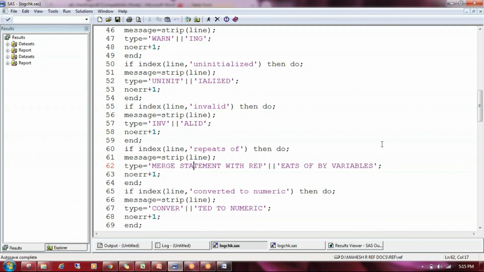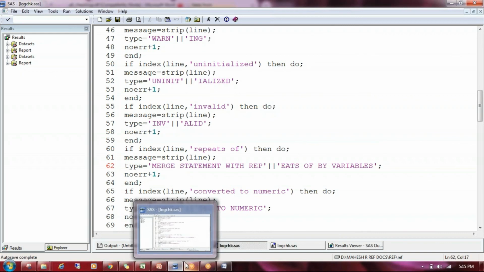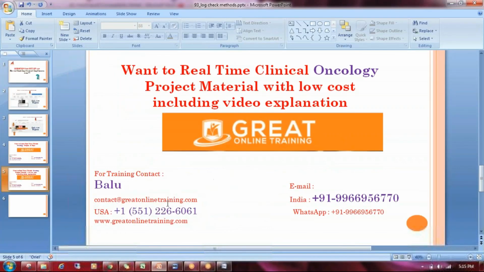In interviews, they will also ask how you check the log files in your company. The manual check takes so much time, right? Every program you need to open and check, pressing control F for errors and warnings, which takes more time. And even if you check that way, you are going to ignore some points. So these macros are very helpful in real time to check all the logs. Okay, this is the topic for today.